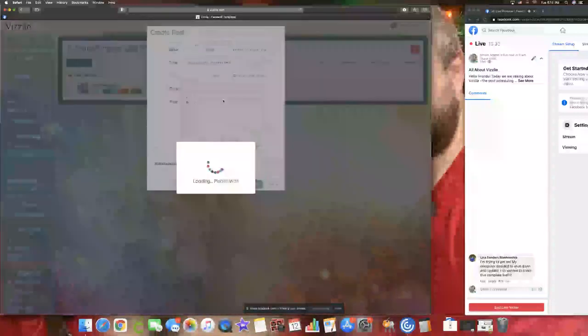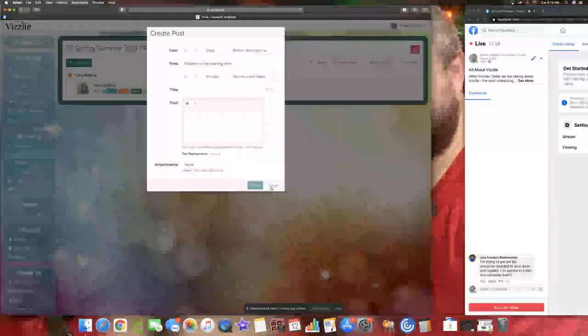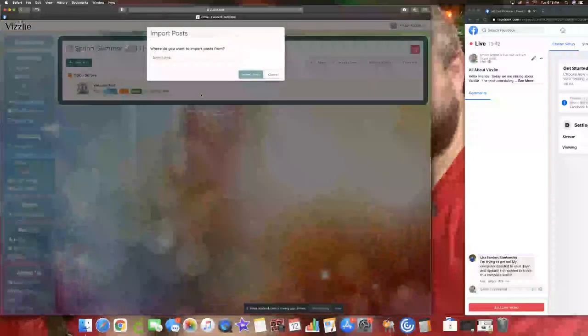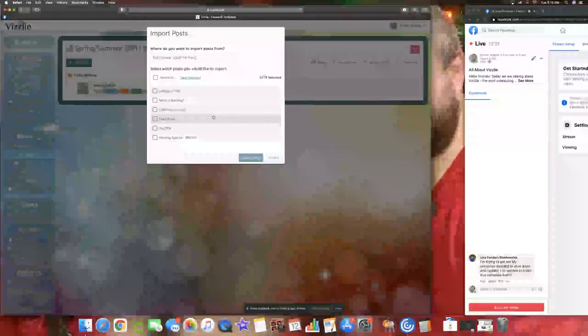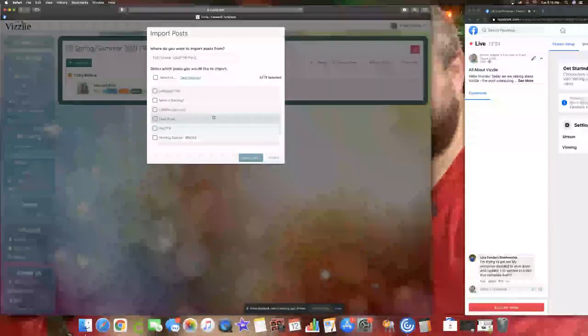So we're going to do this, and I'm just going to import a couple other posts from my other parties. Import posts, that's what I'm looking for. So like I said before, if you have already used Vizzlie for other things, you are going to be able to go in and pull posts from a different party. So if you have already set up your parties for other things and you just want to change different things, you can go in and edit that template, or you can literally go in and say, I want this post, this post, this post,